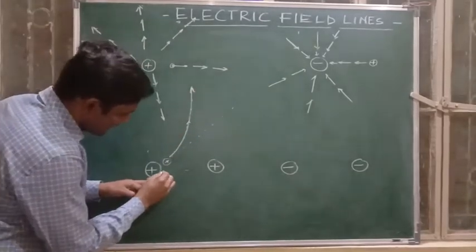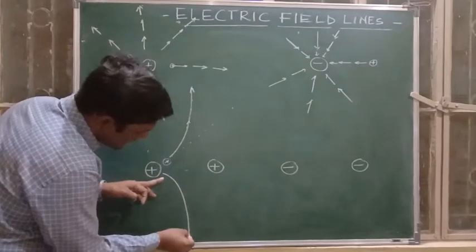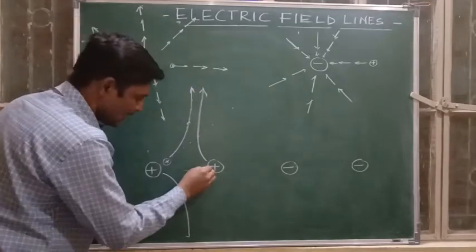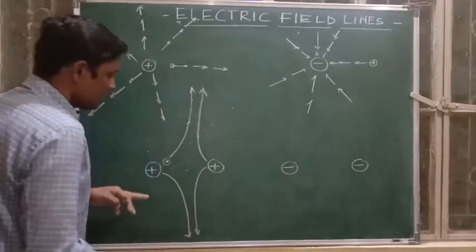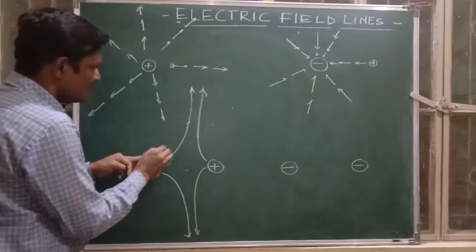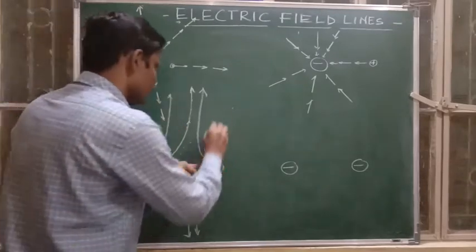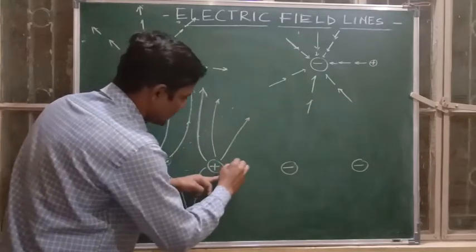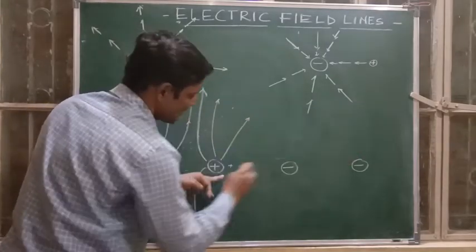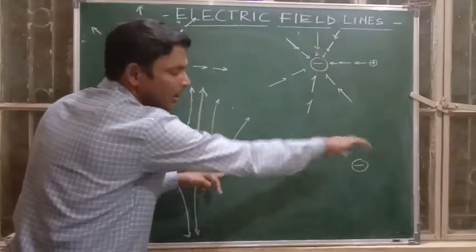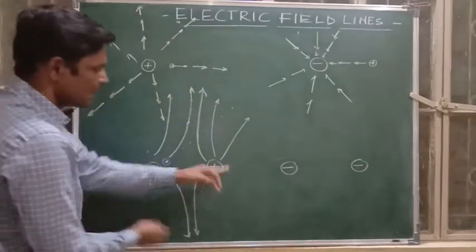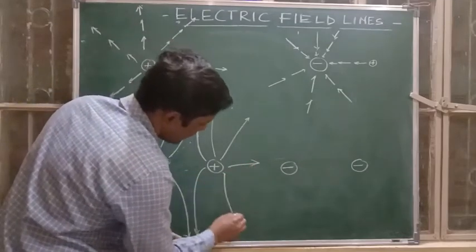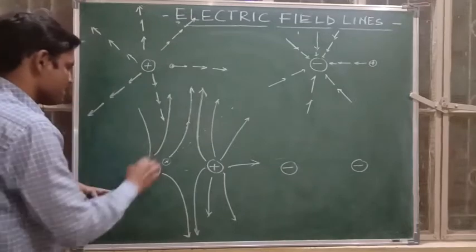So this will be the direction of the electric field lines. Again, if this charge is taken here, it will be moving like this. If this charge has been taken here, it will be moving in this direction and in this direction. In a similar way, if I take this positive charge here, it will be moving. Easily you can draw. If the positive charge is taken here, it will be moving straight in this direction, and later on, from a large distance, it can move to this end. So it will be like this.